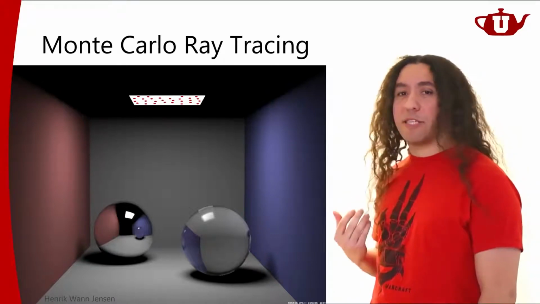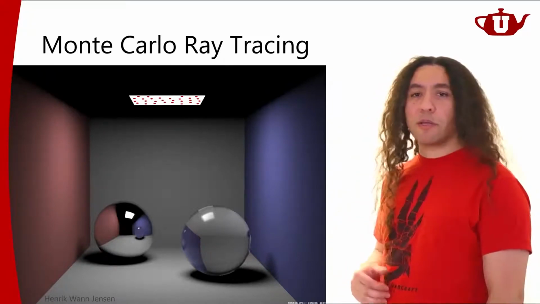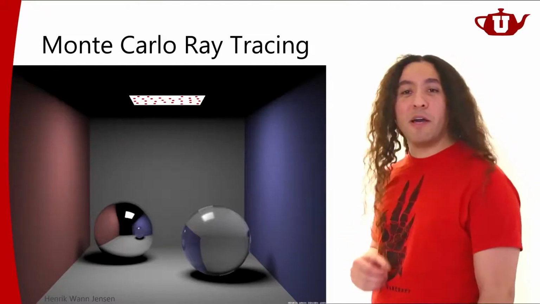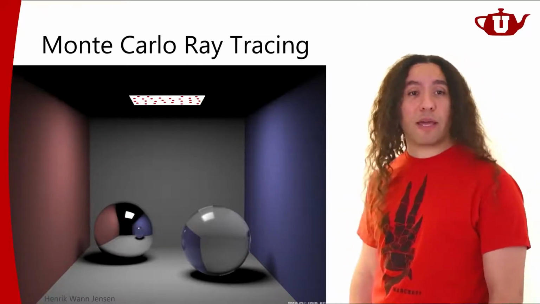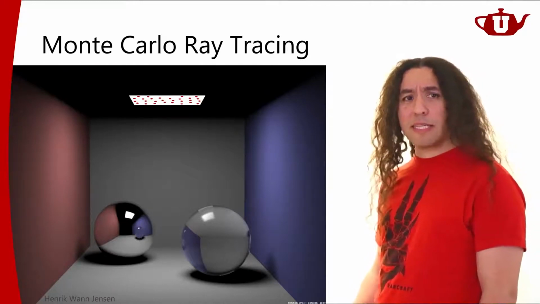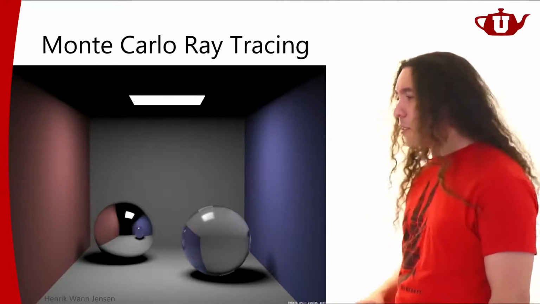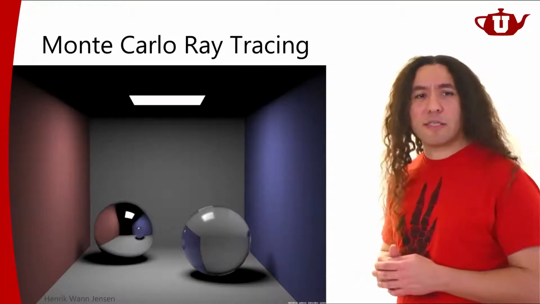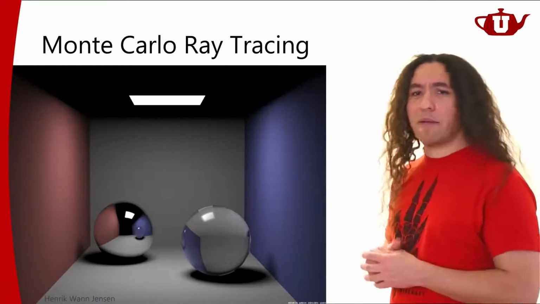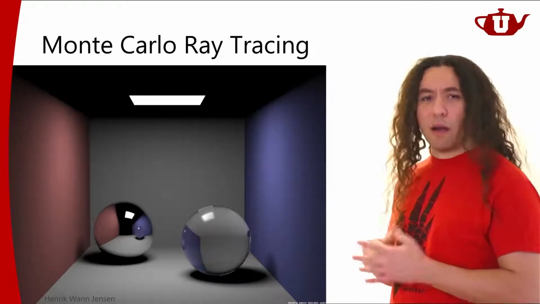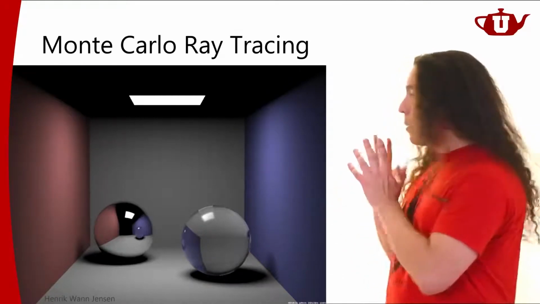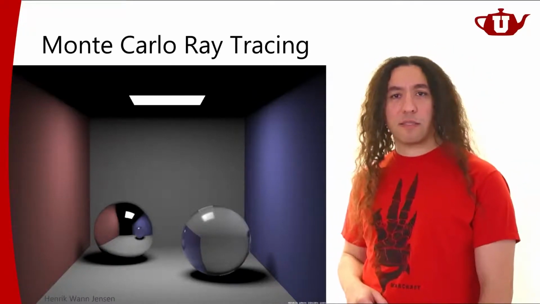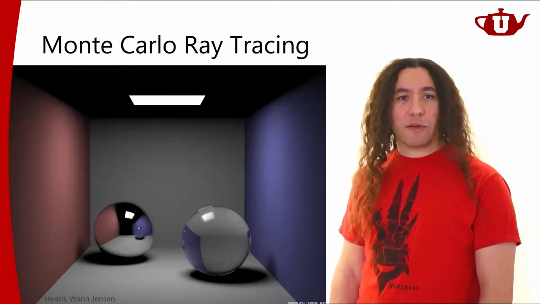This is the standard technique used today for computing most soft shadows. And this is probably the only method we have for accurately computing the soft shadows coming from area light sources. Well, this is not the only way though. There are other approximate techniques for sort of softening the shadow edges and approximating what the softness would look like. There are other techniques like that in computer graphics, but this is the way of properly computing these soft shadow edges. And that's going to be Monte Carlo ray tracing.